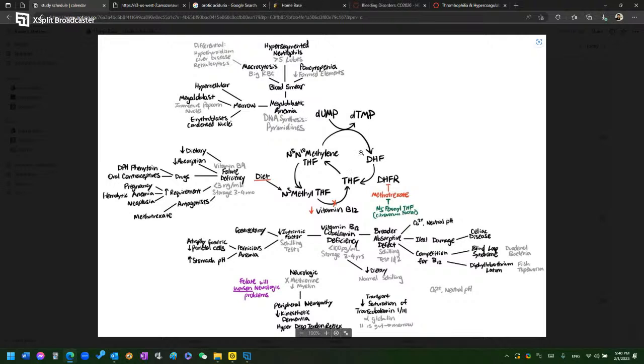And actually, I would argue the problem is not powering this cycle as much as it is that the N5-N10 methylene THF gets stuck. It has a tendency to get stuck as N5 methyl THF. And when it's N5 methyl, it just builds up. And then you can't get synthesis. So one of the big problems with that is with vitamin B12. So I'm going to first talk about